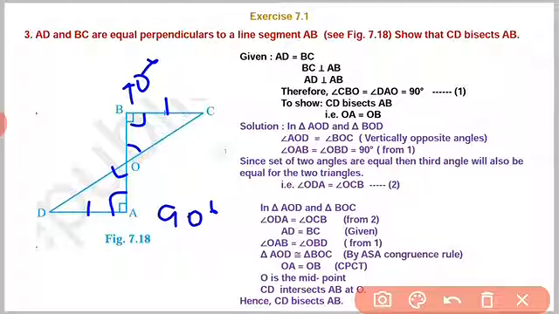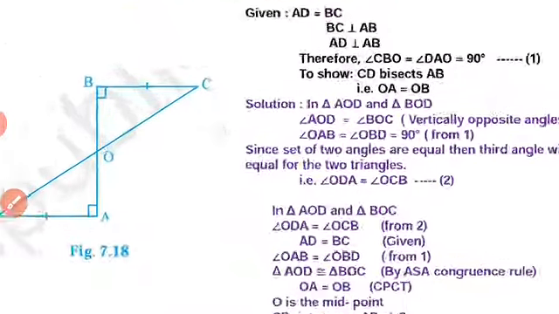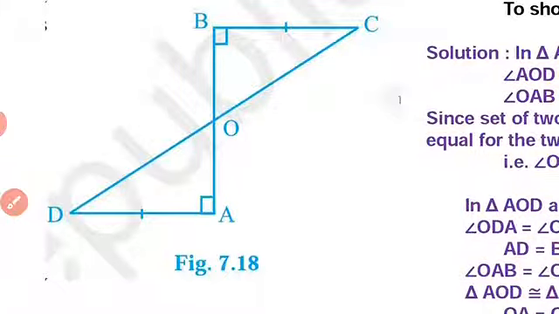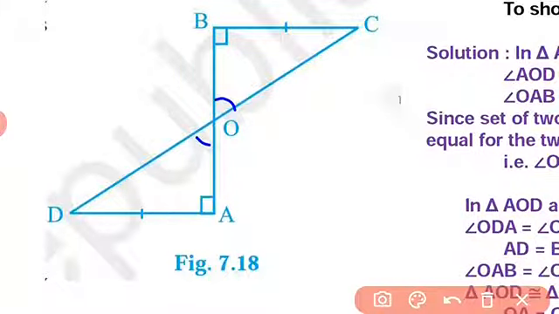Why? Because they are vertically opposite angles. So we got two angles equal in these two triangles. This angle and this angle are equal in triangle AOD and triangle BOC. So